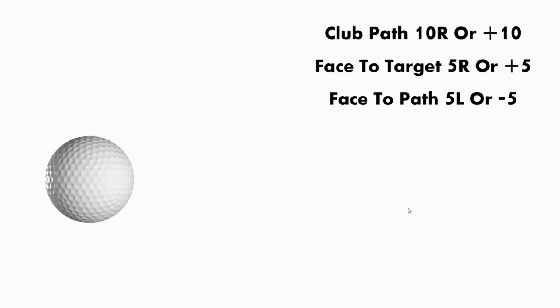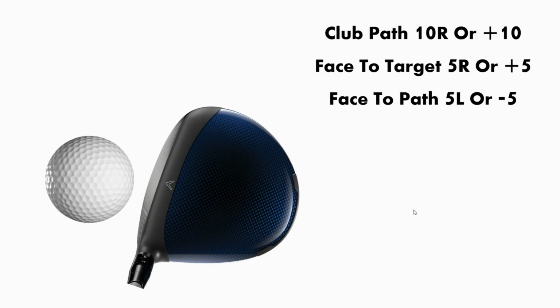So let's actually jump back to this slide right here. This is my favorite way to explain face to path, because your face to path is left in this instance. You have to take your face to target, or face angle, minus your club path, but your face angle is not as far right as your club path. Of course, it's still right. Your face angle is still open, or right to target, but it's not as aggressive as your club path was. So that's why technically your face is left of your path,